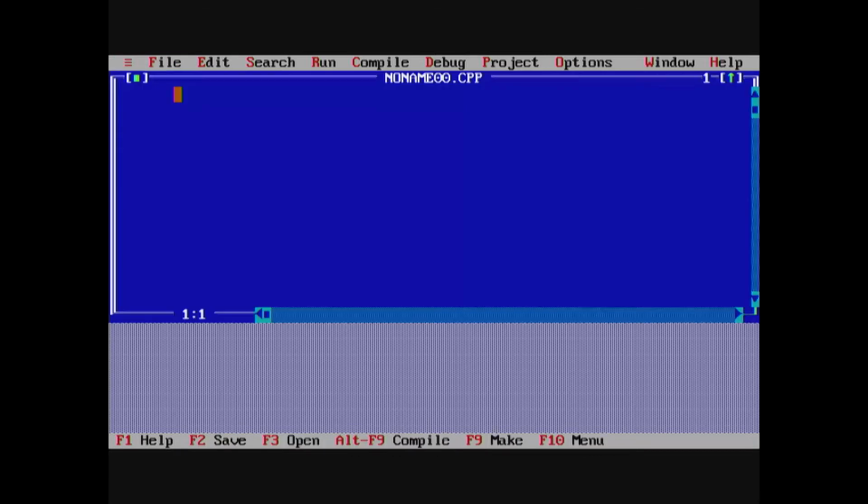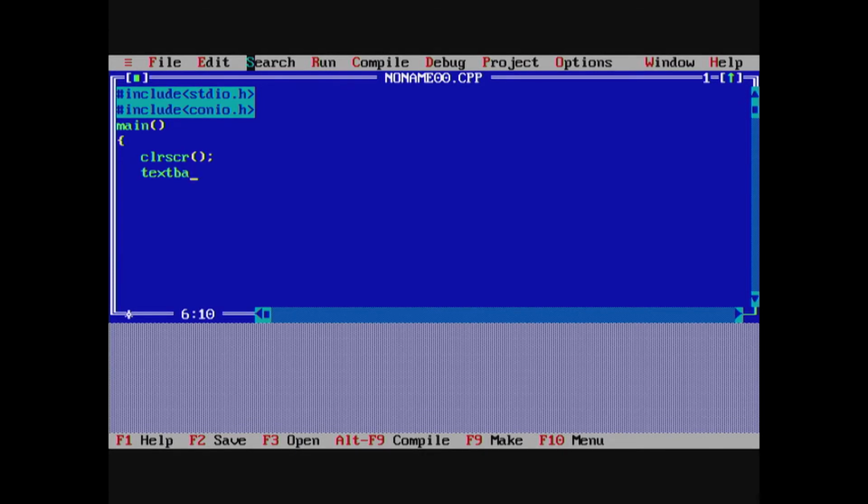Now, you enter this program in the editor. Hash include stdio.h, hash include conio.h, and within main, after the curly brace, you call the function clrscr.